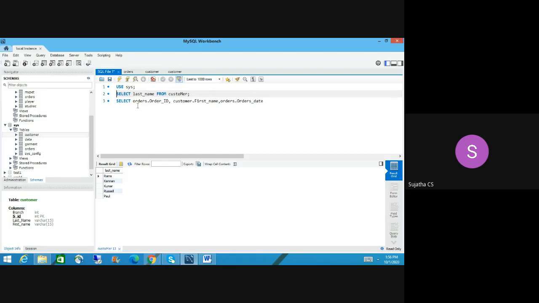So let's move on to the next one, inner join. For inner join, we need 3 columns. First one is order ID from the orders table, then customer first name from the customer table, then order date from the orders table. After that, we are getting this information from orders. Already we have declared it, but using a foreign key, we are manipulating that.